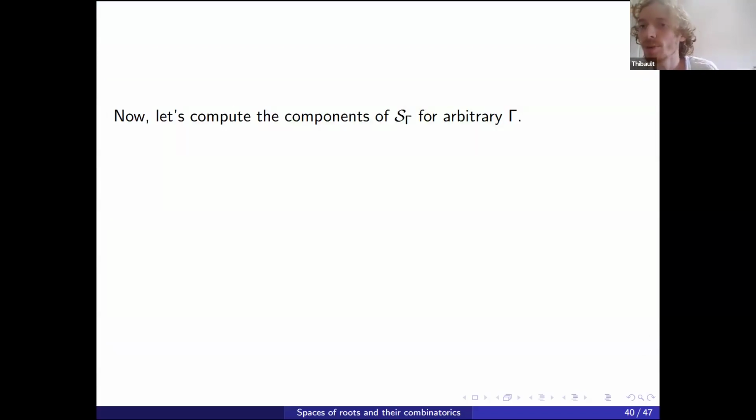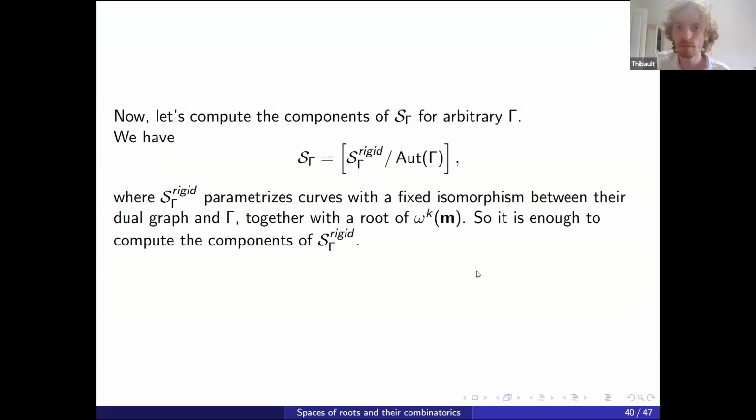Okay, so this was the trivial graph, and there are also non-trivial graphs. The first thing we can do, if I give you a graph that is not just a point with markings, is turn my space of roots into a slightly easier one by rigidifying automorphisms. So remember, S gamma was just roots on curves whose dual graph is isomorphic to gamma, and so there can be monodromy, which applies an automorphism of gamma,